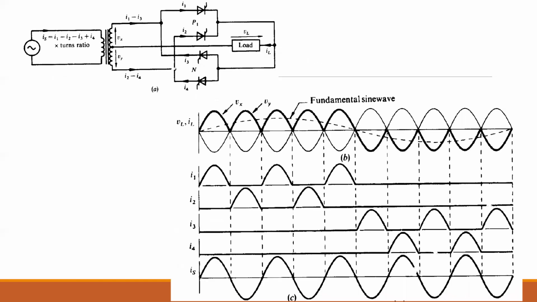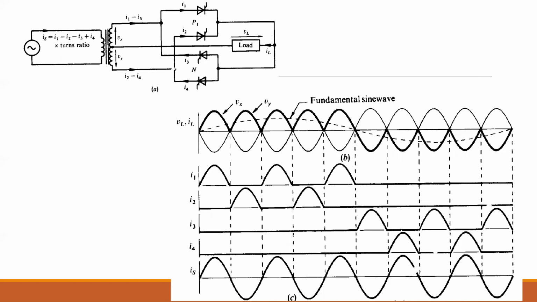So this is a cycloconverter where the input is AC. Here a transformer is used with a 1:n ratio, and the outputs are Vx and Vy at the transformer. And here four SCRs are connected. One is the positive group, the two thyristors in the upper portion of the converter, and the other two are the negative group thyristors, which are in the lower portion of the converter. The load VL is connected.